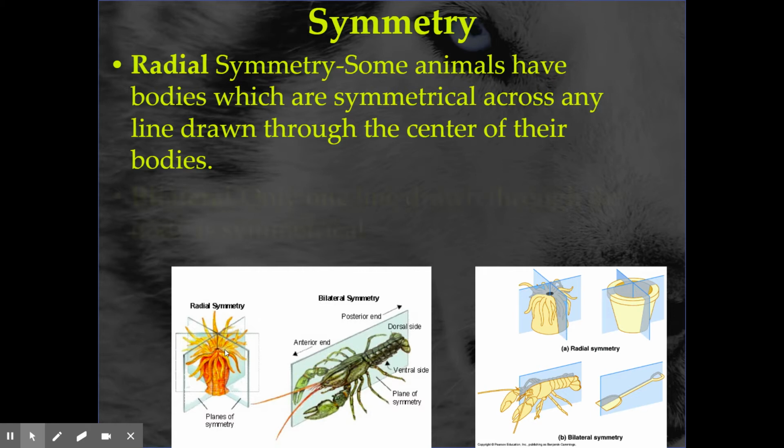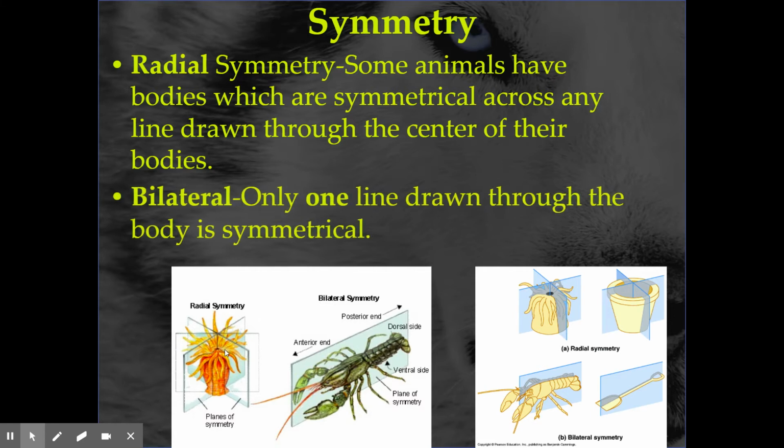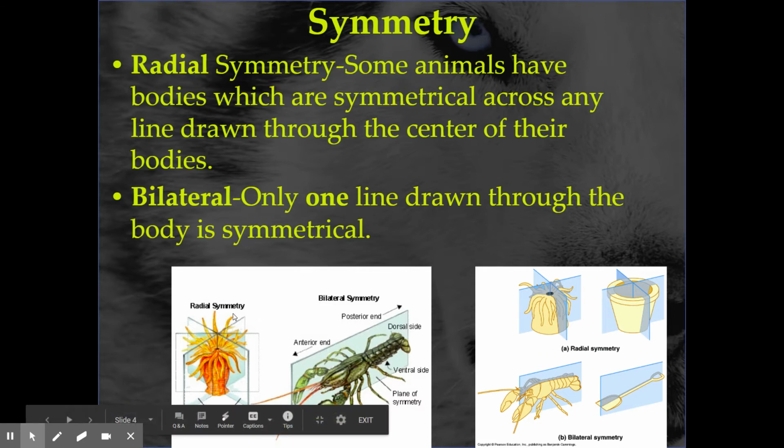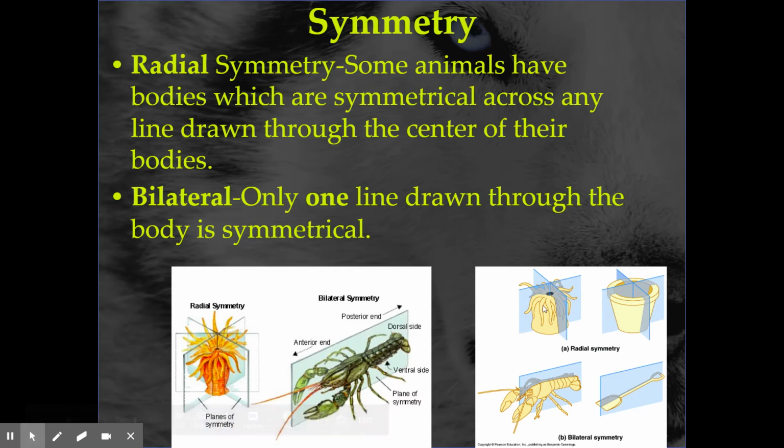And then there's bilateral symmetry, where you can only have one line that does it. See, radial, you could have that plane were the same, or that plane, or that plane. Up here, we got the same example. Bilateral, there's a left side, right side. You can't divide like front to back and have symmetry. It's only straight down the middle for human beings.